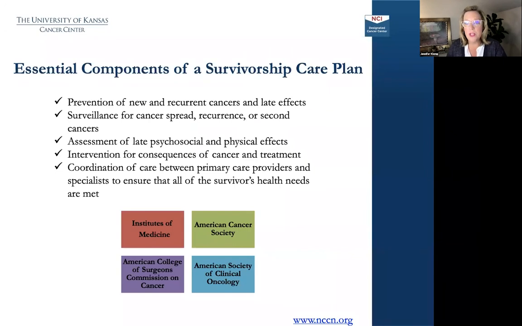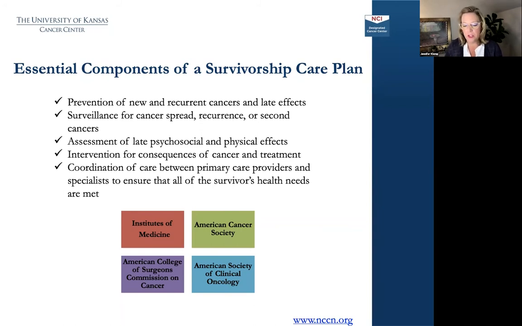So these components of survivorship care have really changed over time. It started with the Commission on Cancer saying, hey, everybody needs a care plan, to now we need to demonstrate how we deliver survivorship care. So you may still use a care plan. It should obviously highlight prevention, risk of recurrence. What are those late effects to look for? How are we assessing psychosocial and physical late effects? How are we coordinating that care? And pretty much all of our professional organizations highlight this as a priority, but then how do we actualize it?